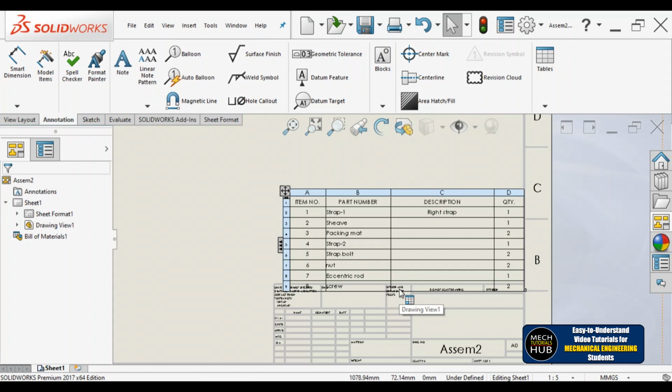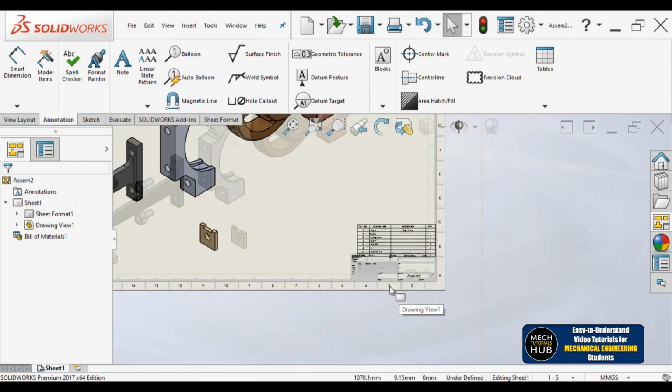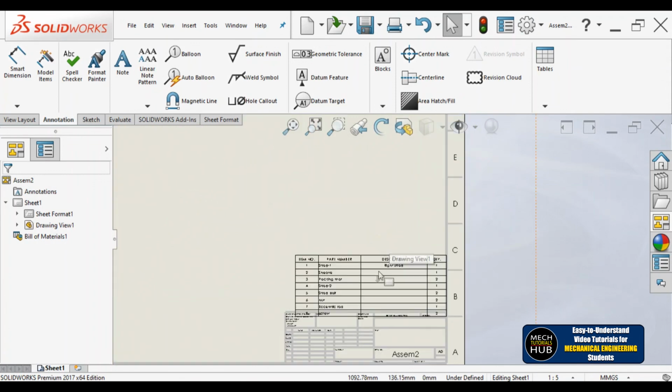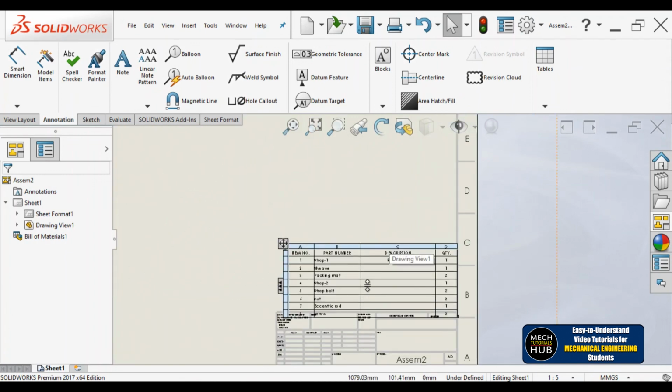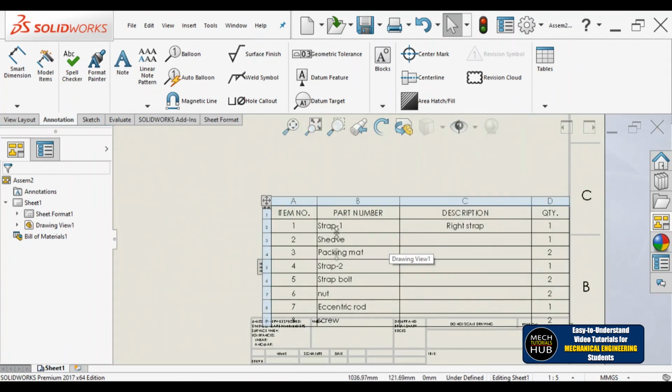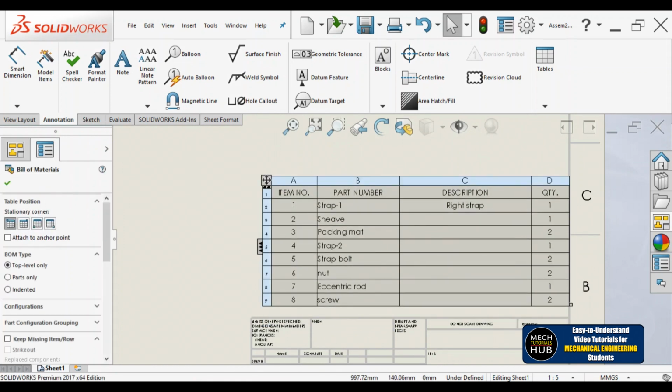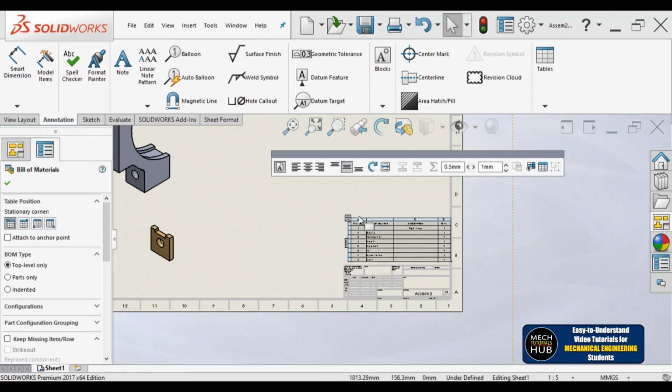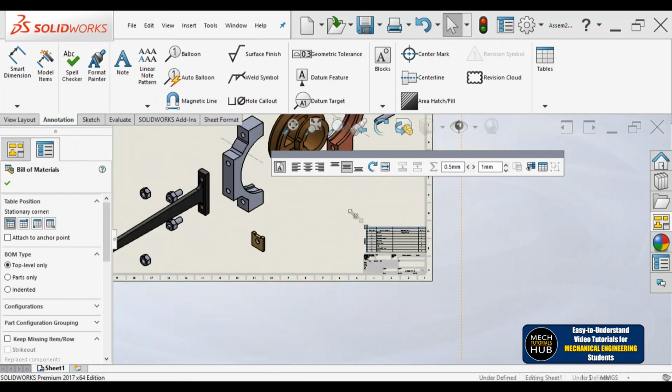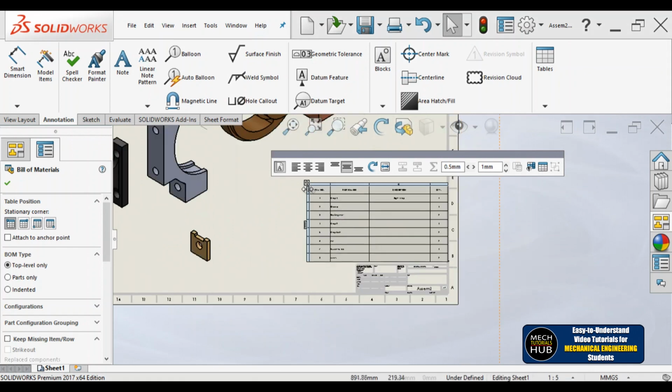Just have a look. In the draft sheet I haven't given any names to the parts. Whatever names were given while part drawing, the same names you could see here. Let me increase the size of the complete table so that you'll understand.